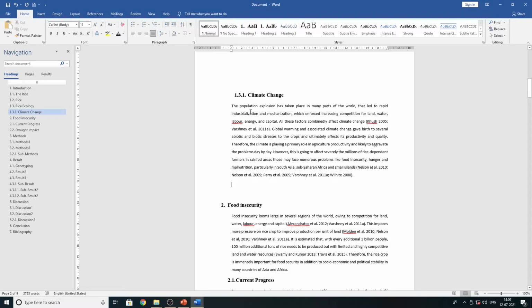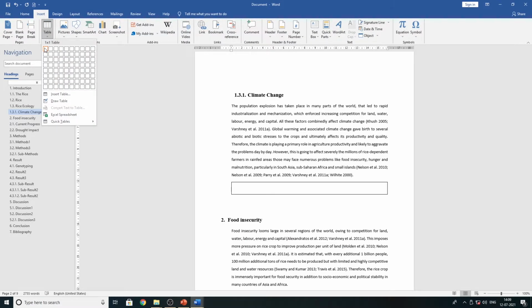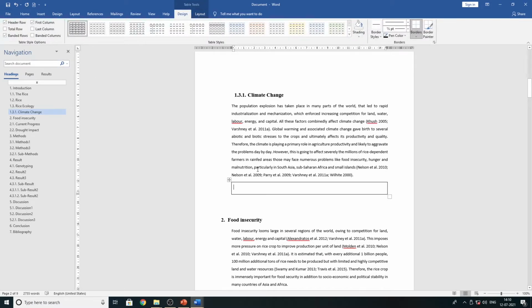First of all, before adding any tables and figures, we have to insert one box from your table. Always try to paste your figures and tables in that box only, because it helps them not to move from the text. It is fixed in the particular position, it will not move up and down.